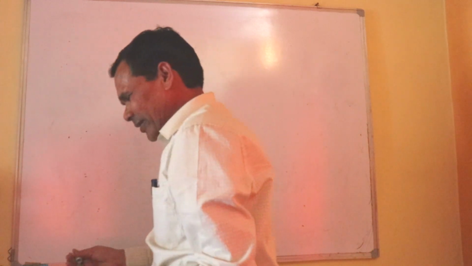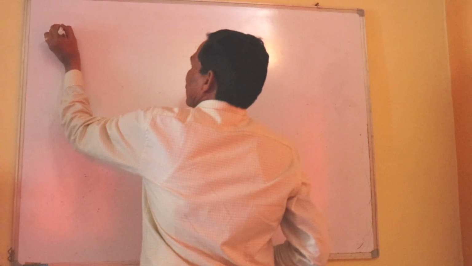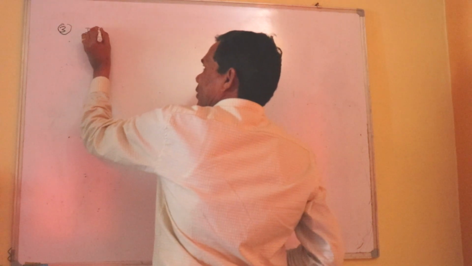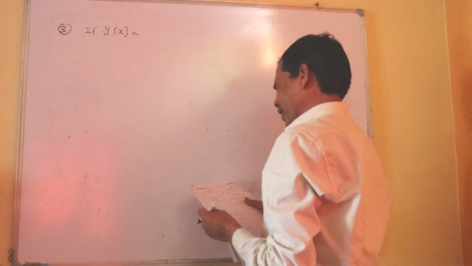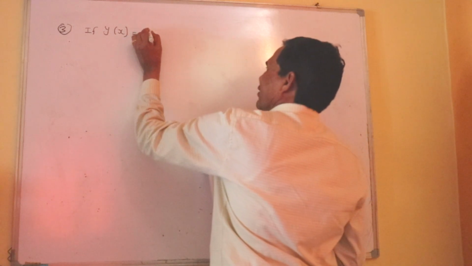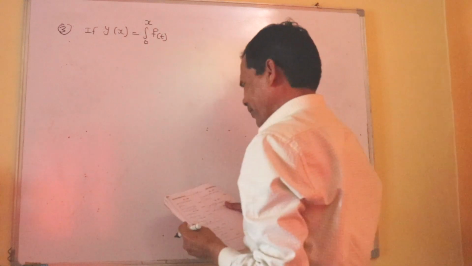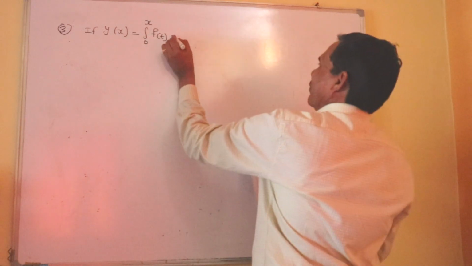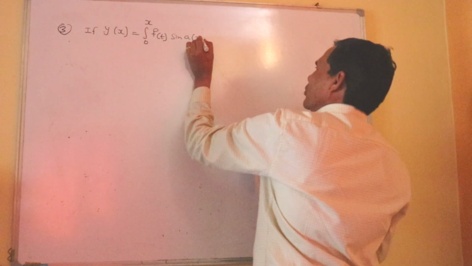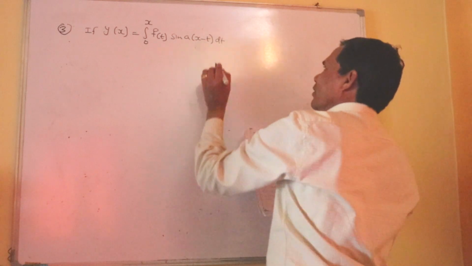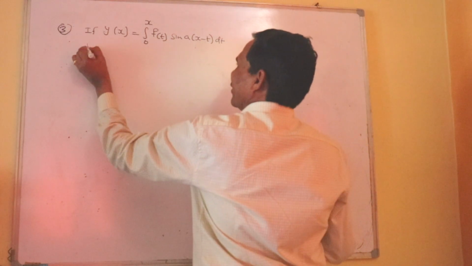The third example: if y(x) is equal to the integral from 0 to x of f(t) sine of a(x minus t) dt, then show that